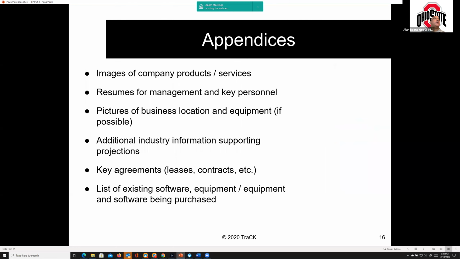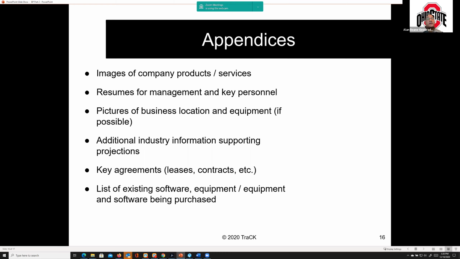All right, appendices. Appendices is something handy where you can put extra or supporting information for some of the elements of your business plan. It could be images of company products or services, resumes for management and key personnel, or pictures of your business location or equipment, to give people a better idea of what you do and how you do it. Also any additional industry information supporting the projections you may have made in terms of future work,